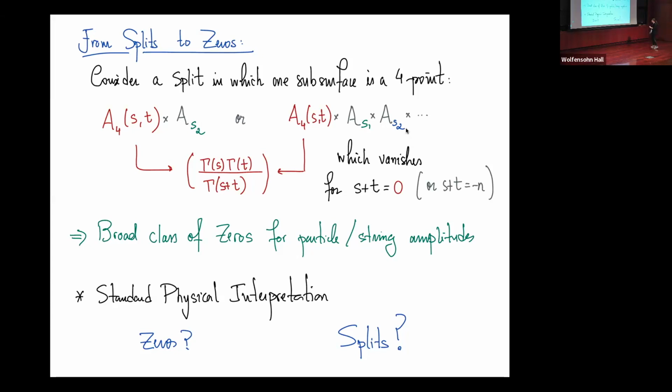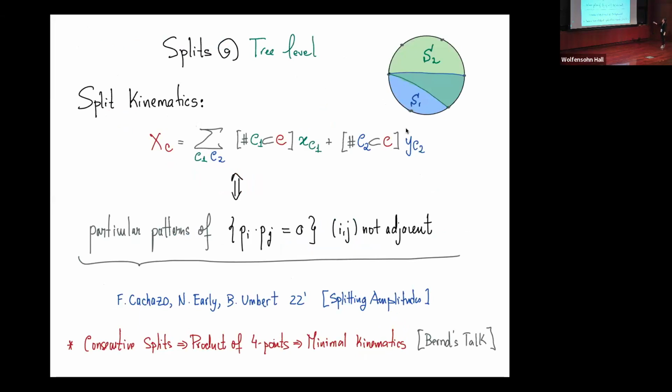Both the zeros and the split properties have a very nice justification and explanation from the curve integral and these features about u variables. However, a standard physical interpretation, maybe coming from the Lagrangian, is still currently lacking, and it will be very nice to understand. Okay, so just to be more concrete, at tree level, when we go on the split kinematic locus,